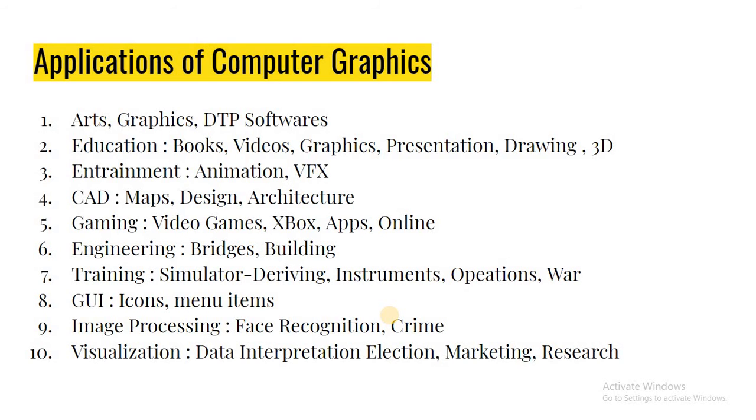Second one is education. In education, it plays a major role in illustrating particular things. When a teacher is in the class, we can explain a thing in a 2D manner, but with the help of computer work, we represent the thing in a 3D manner. For example, the students who are watching this video right now, obviously students of computer science, have passed 10th. In science, there is a concept of